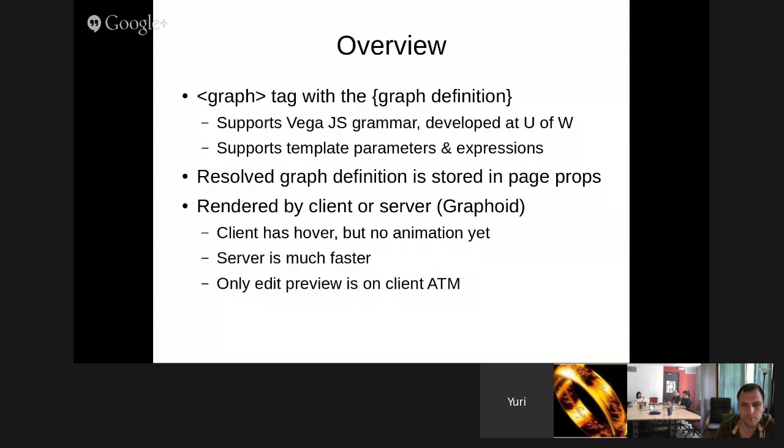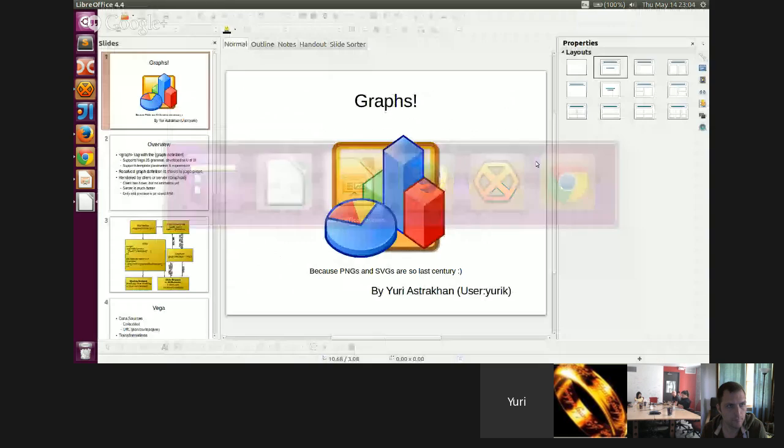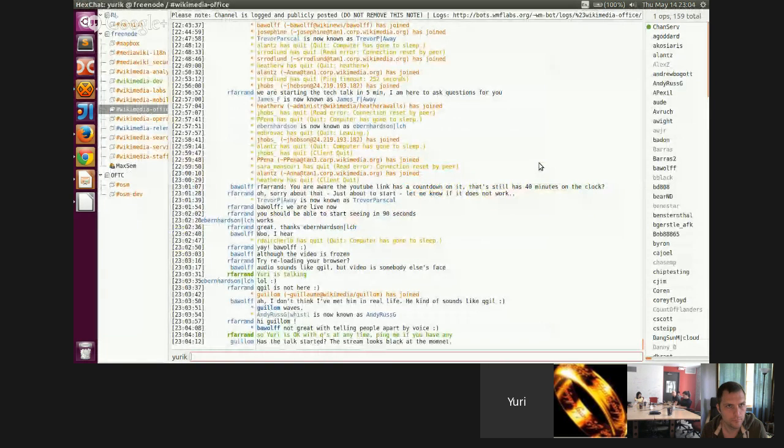It consists of graph tag, which includes a graph definition. You can read about it on Vega.js website. It supports Vega.js grammar, which is developed at the University of Washington, and it also supports template parameters, which brings it to the wiki world. Once the definition is resolved,